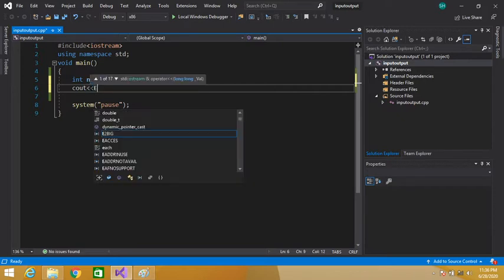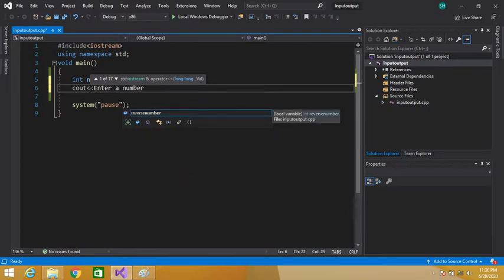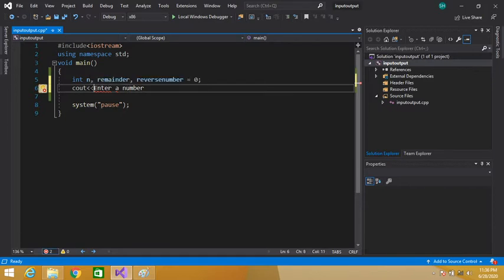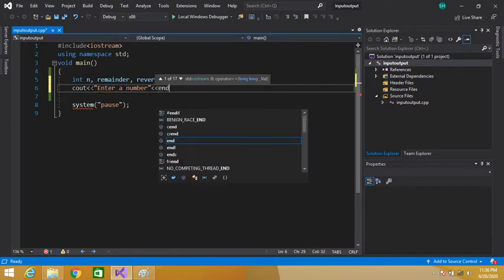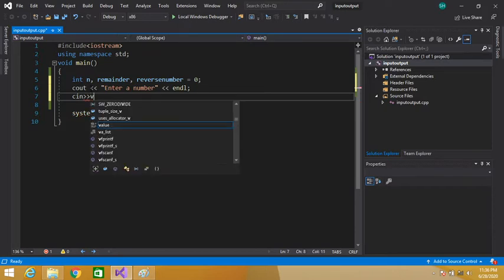So, "Enter a number". We have to use double quotes here, otherwise it will be a syntax error. So here also endl, then cin, the extraction operator, and n.